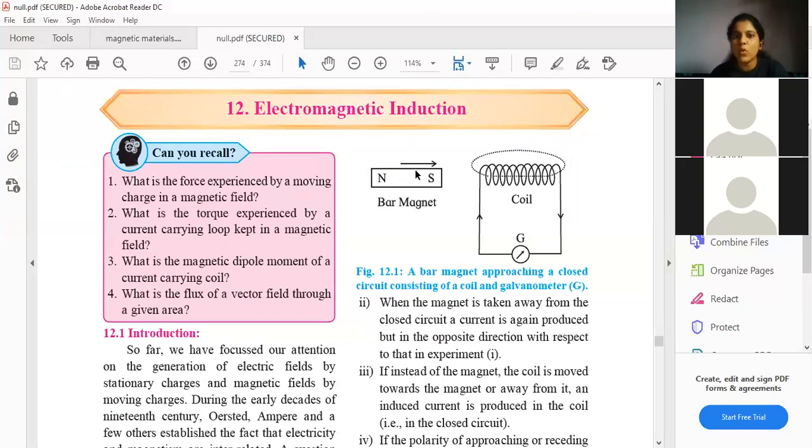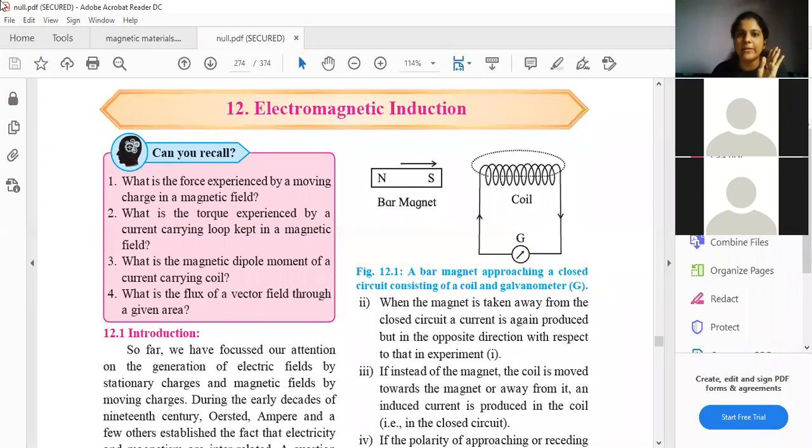Okay, so when you move this magnet near this coil and when you take it away from the coil, you will see that there is current induced in this coil. To measure that current, they have attached a galvanometer. Or if you do the other way around, that is, if there is a constant magnetic field outside and you move the coil, the same thing is going to happen. So basically, because of the changing magnetic field, okay students, changing magnetic field.